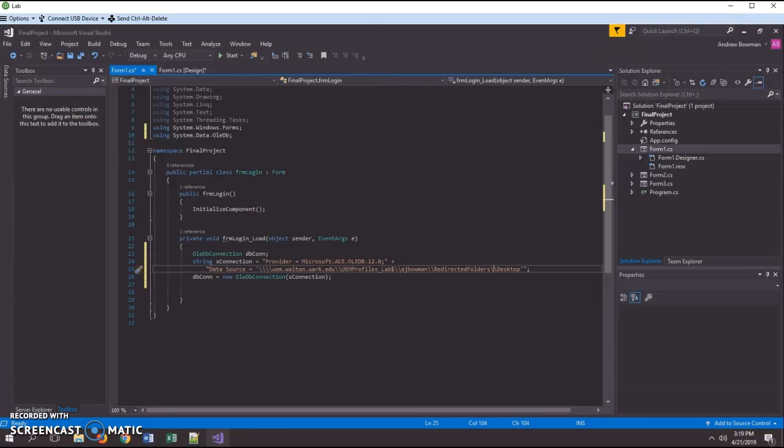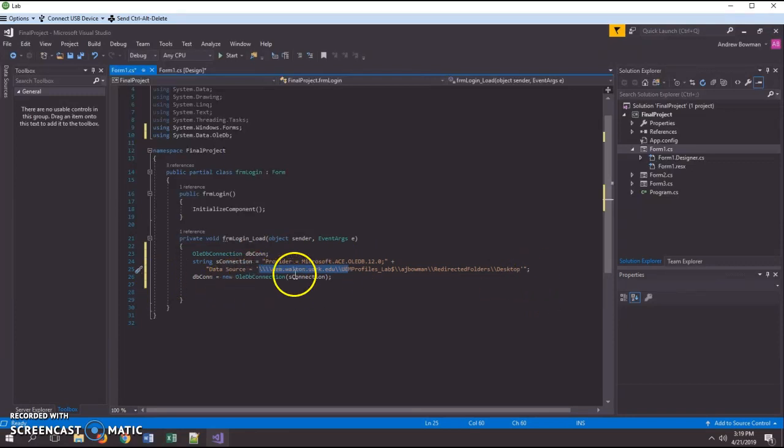Okay. The reason we need that is just due to a little quirk in C#. Even in quotes, it'll read a backslash as meaning something else, and we just double it up and it knows that everything's okay. So now we have our connection string